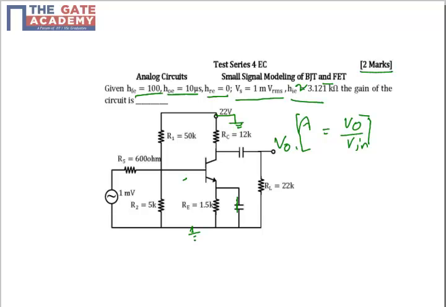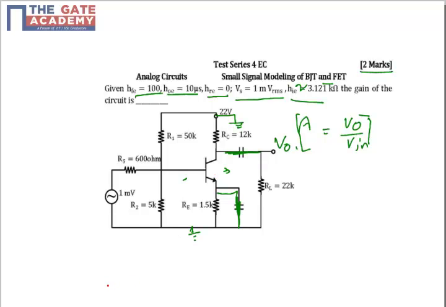You know that a capacitor behaves as a short circuit in case of AC signal, so all the capacitors are going to behave as short circuits. So this will be my circuit. Now if I redraw this circuit, in the AC equivalent circuit I will replace the BJT with its equivalent h parameter model.